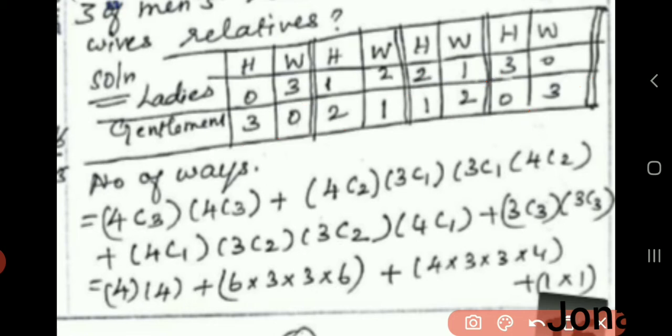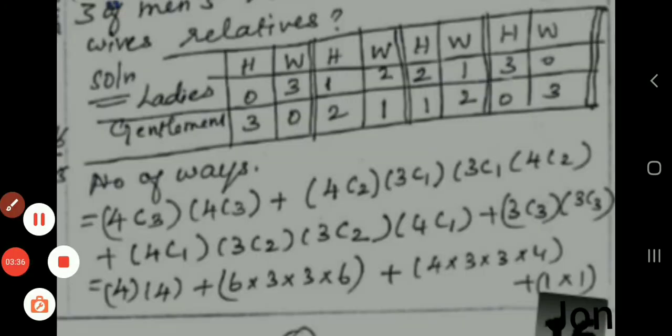Here out of 4 we have to select 3, isn't it? So we can have here 4C3 into 4C3, and then out of 4 ladies we have to select 2 here, so 4C2 into 3C1.